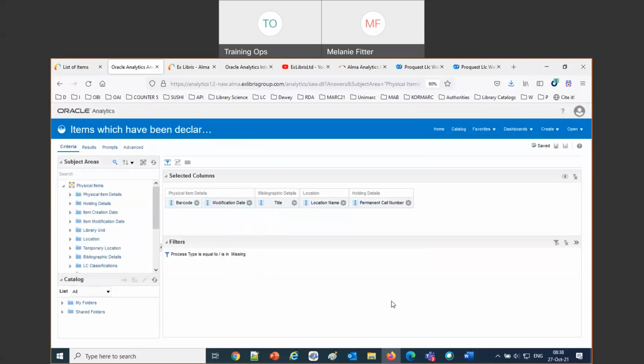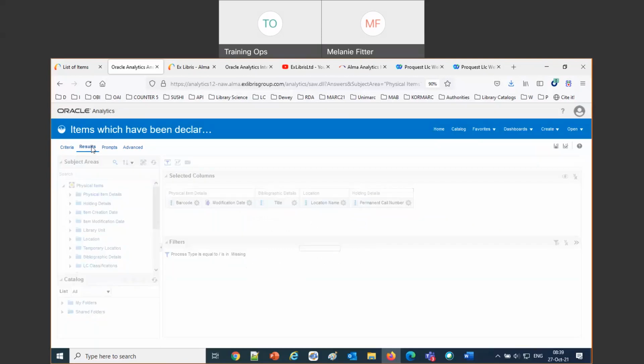So, what else do we need to do here? We don't have anything about the date. Right now, this is going to give me everything which is missing. I could just do it like this and sort by date. In fact, I could come here on the modification date. I clicked the little cog wheel for configurations, and I could sort this descending and go to the results, and that's going to give me everything that's missing